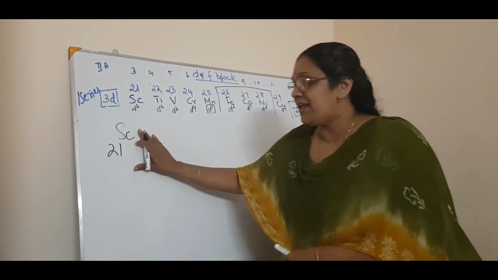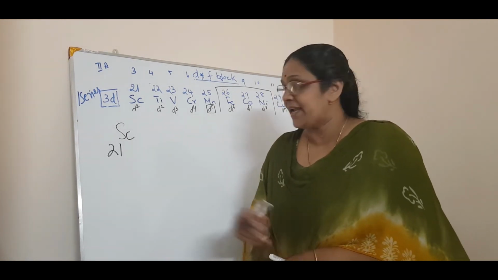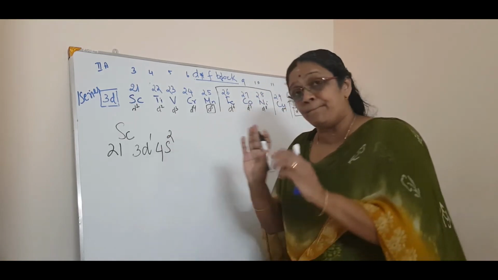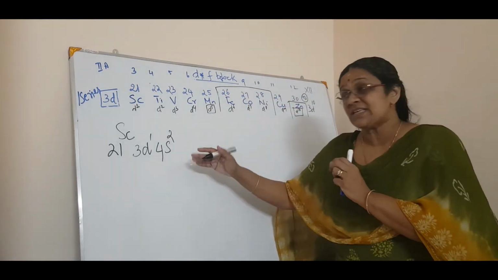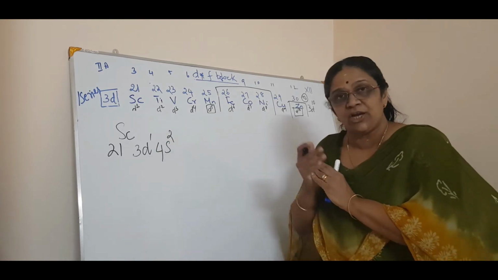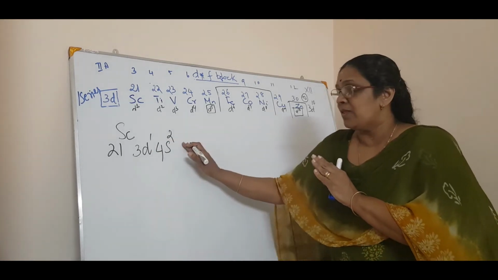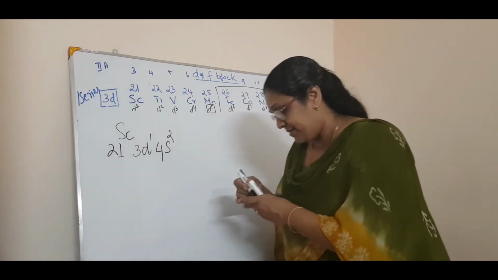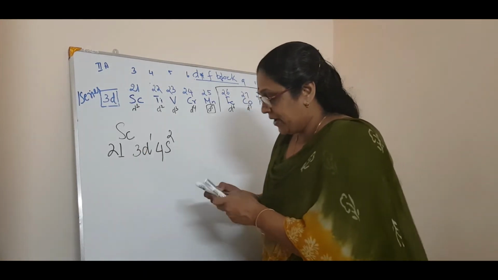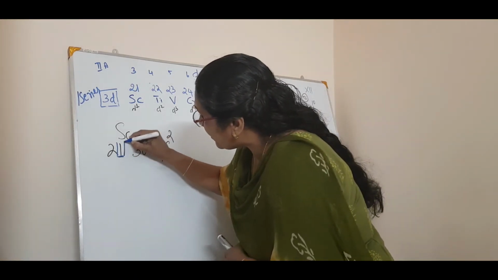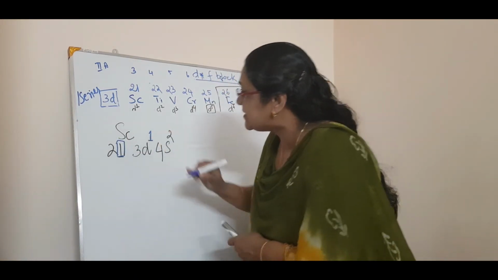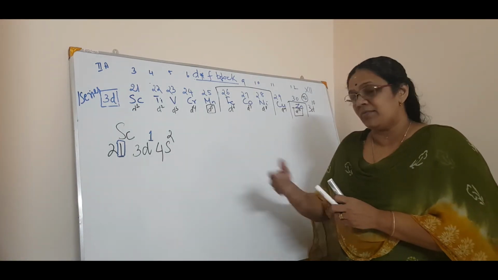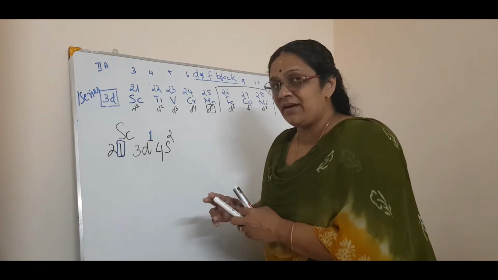Now scandium, you know it is 21. Now I can write 3d1 and you know that 4s2, completely s2, because after the s only d is getting filled. So you can very well write it as 3d1 4s2. If I say a short trick, see, 21: this 1 is for this d1. Or you can have your own tricks, that's okay. But what I am telling is just to have some fun, that's all.